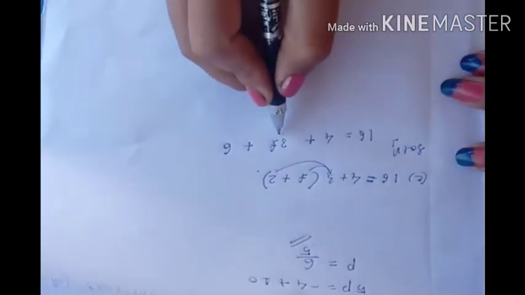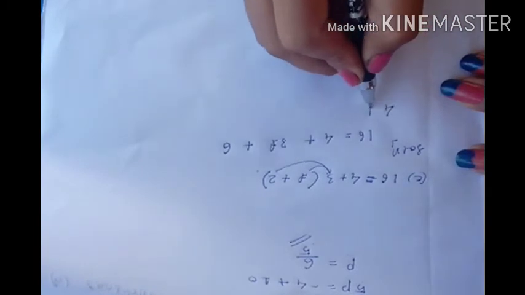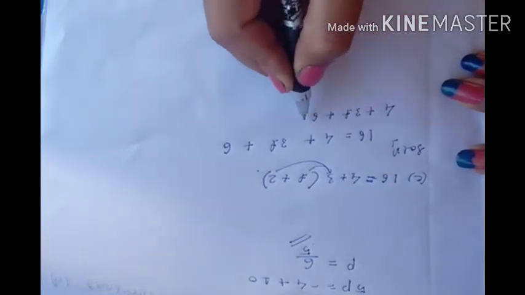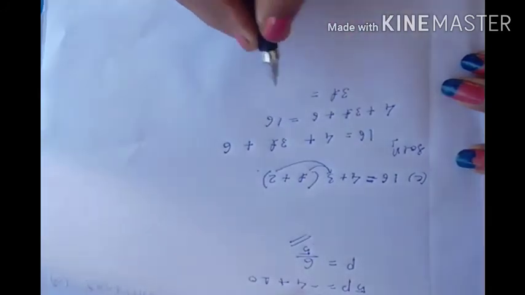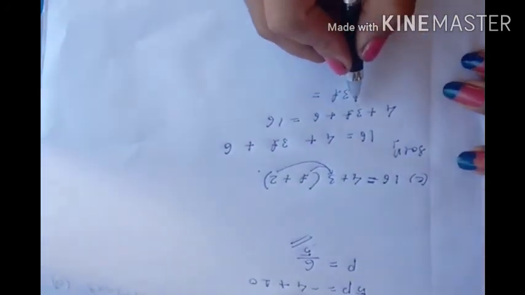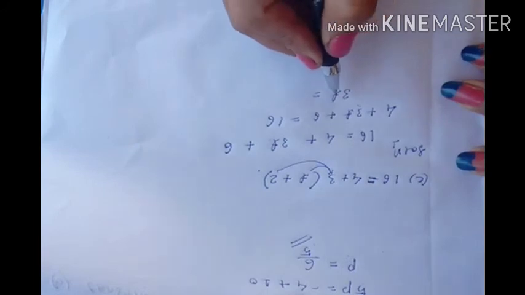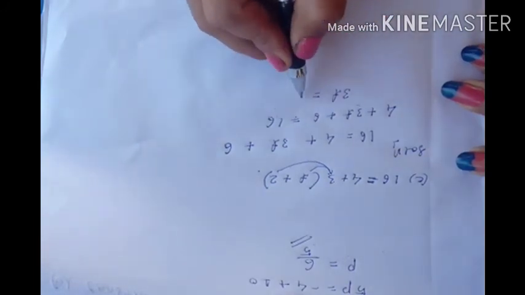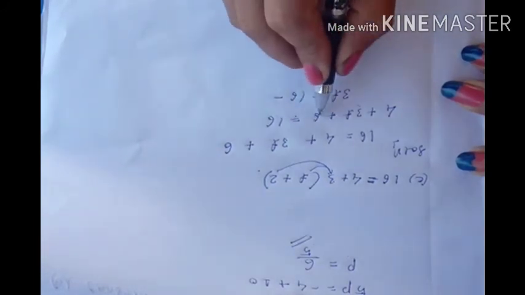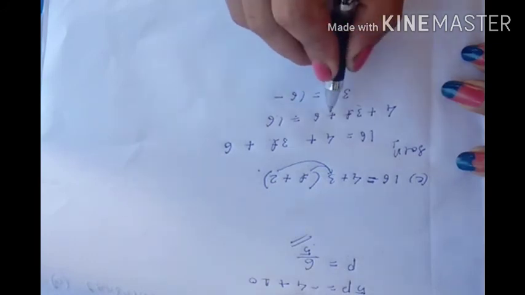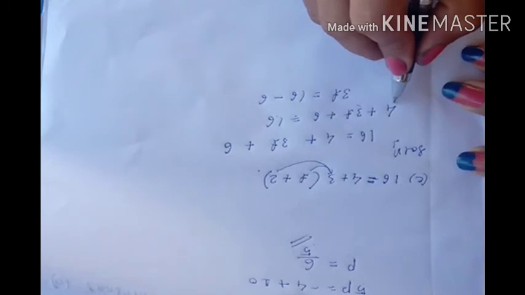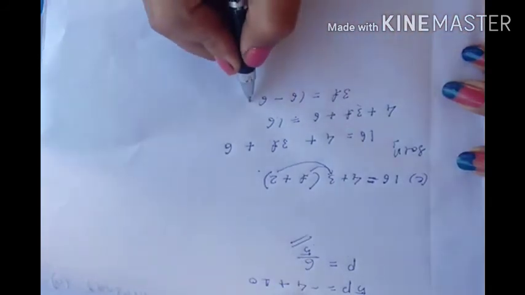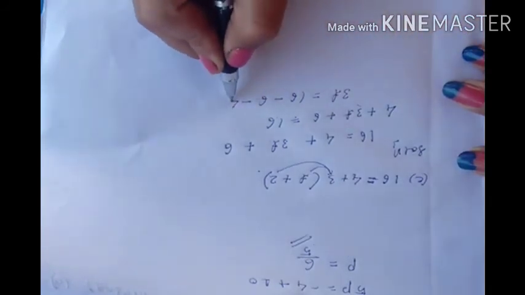Now again we can see the variable on this side, in this equation. So I will write this part here. 4 plus 3t plus 6 is equal to how much? 16. Now I will transfer all the remaining part. Only the variable I will keep here. Then first after equal, what do we have? 16 minus, this is plus, so it will become minus. Okay, plus 6 will become minus 6, and plus 4. Here no sign, that means we can say this is positive, isn't it? So if you bring it to the right hand side, it will become negative.